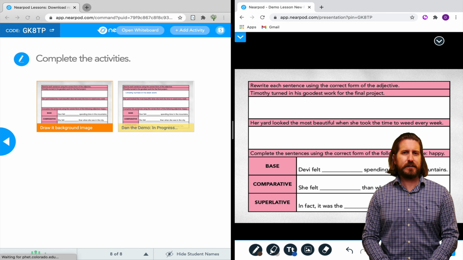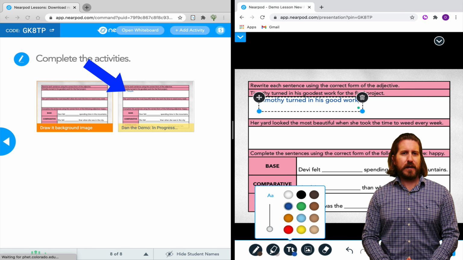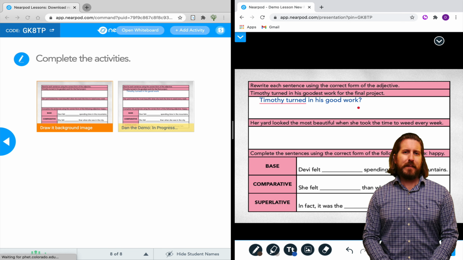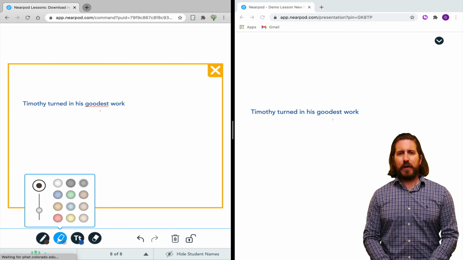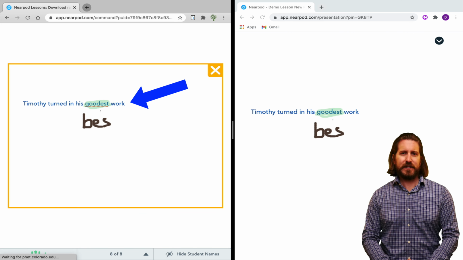And just to show you quickly here what one of these Draw It templates looks like when you're actually teaching with students, you can see that on the student screen, they have different tools that they can use to interact with the template, such as a drawing tool, highlighter, text, image, and eraser. They just need to select a tool and begin writing or drawing their answers. As soon as students start interacting on their end, you'll see it show up on your end as well. And remember, with the new digital whiteboard tool, you could always jump in and give a quick mini lesson if you notice that students aren't fully understanding what to do.